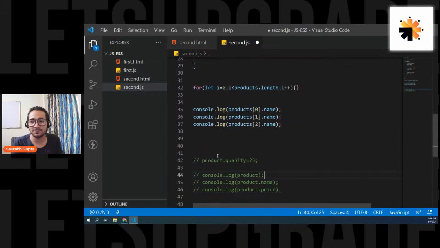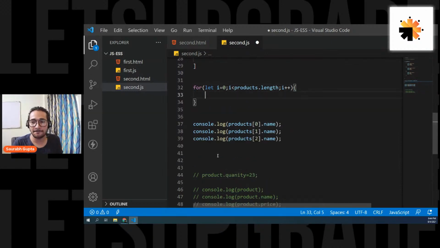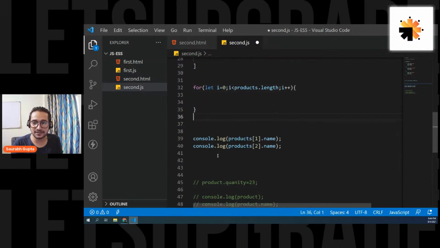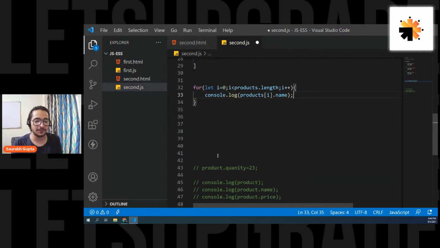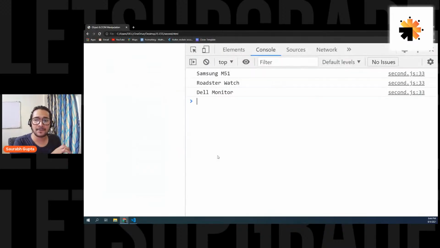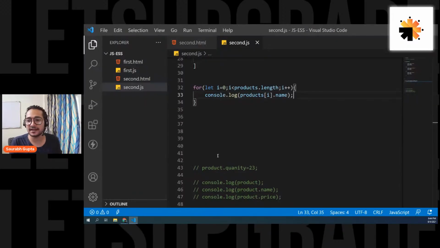Okay, guys. So now let's go for the loop again. Let's copy this, paste it here. And now you guys tell me what I have to change. I have to simply remove 0 and I have to put what? I, because that is something I want to be incremented. Okay, and that's it. Save it. And here we go. Same output. And that's it, done.